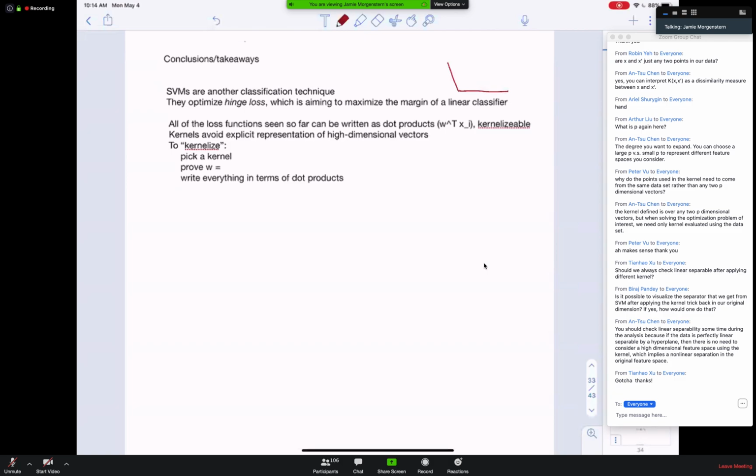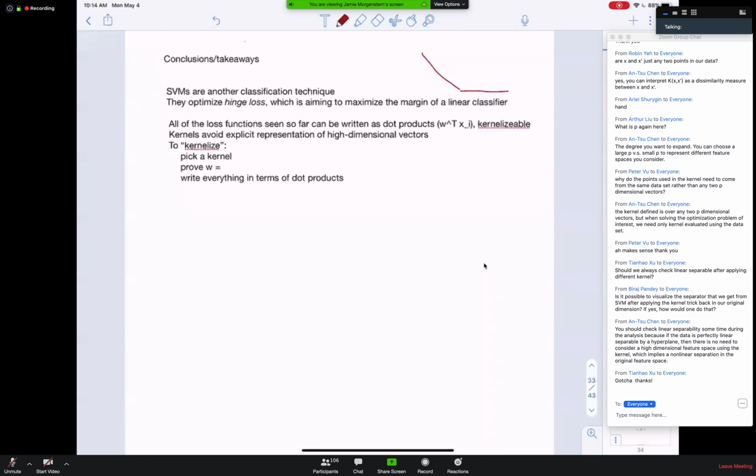It basically says that for any data point that doesn't violate the margin, you have zero loss, and for any point that violates the margin, you incur loss which is directly equal to the amount by which you violate